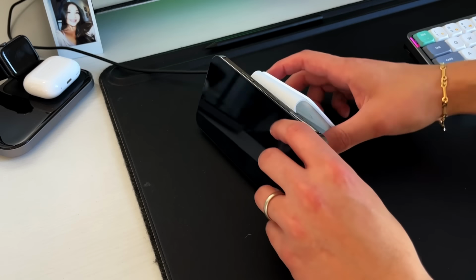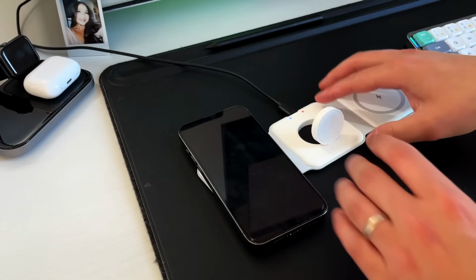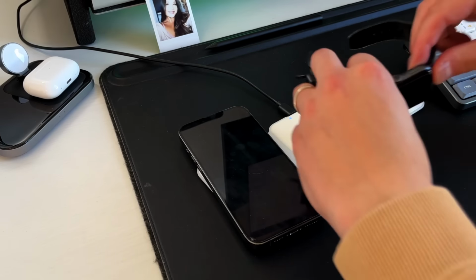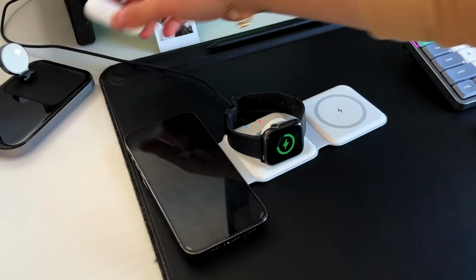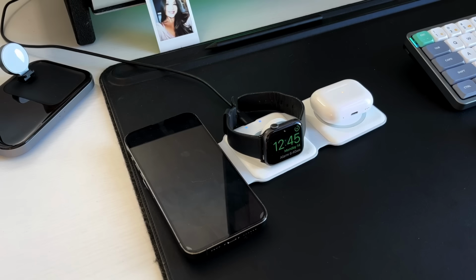So when you're not using it, when it's in your bag, you just tri-fold it, and it's this little square that you throw into your backpack, and it just stays there at all times. You can use this in so many different orientations. You can lay it flat to charge all 3 devices. You can put it into a triangle so you have a stand while you're also charging your Apple Watch,